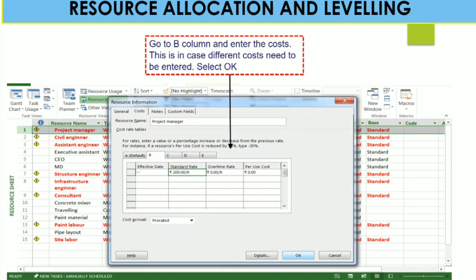Now here go to column B for your project requirement and project manager and enter the cost, in case a different cost needs to be entered.